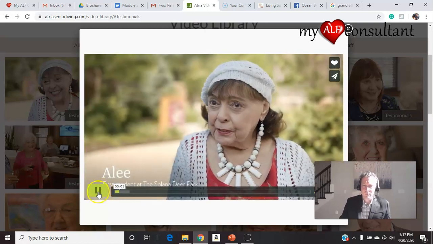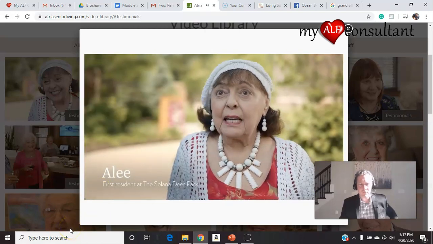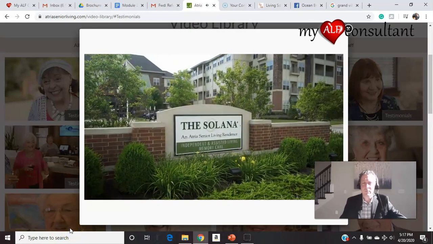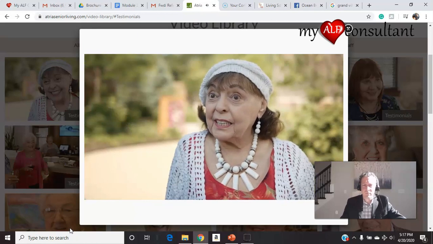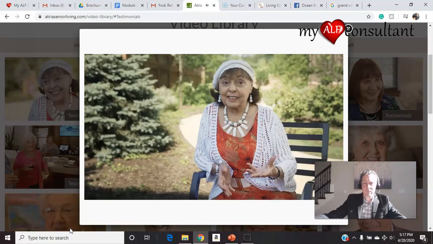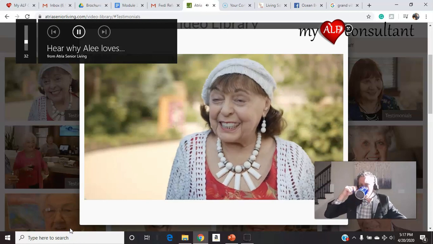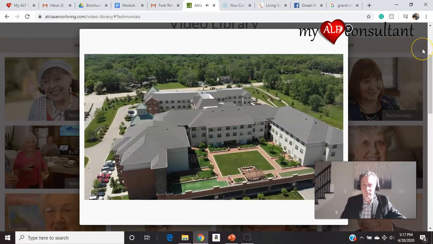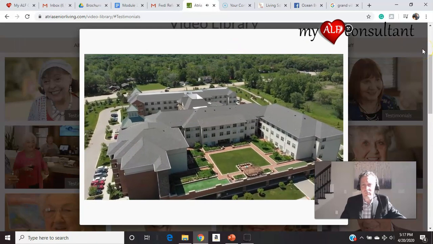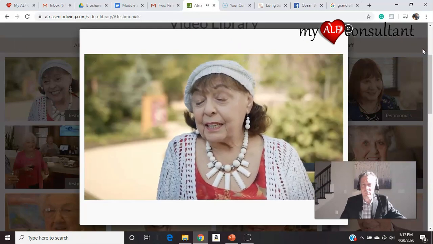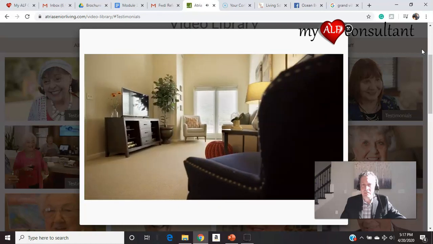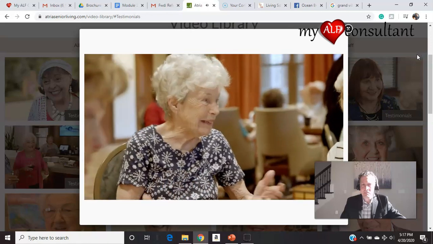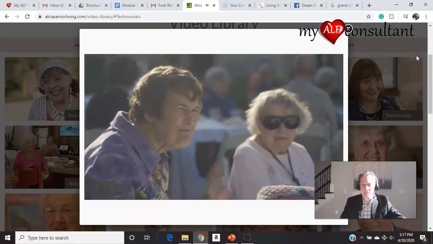I was living at another facility in Barrington, and my daughter said that there was a new place, Deer Park, and she said, let's take a look. So we did. And she liked it, I liked it, and so we signed up. I was the first. It looked clean, first of all, and I liked the way it was arranged. I love my apartment. I have a beautiful apartment. It's exactly what I need. And it's a nice place to meet friends. I have some very dear friends that I've become close to.